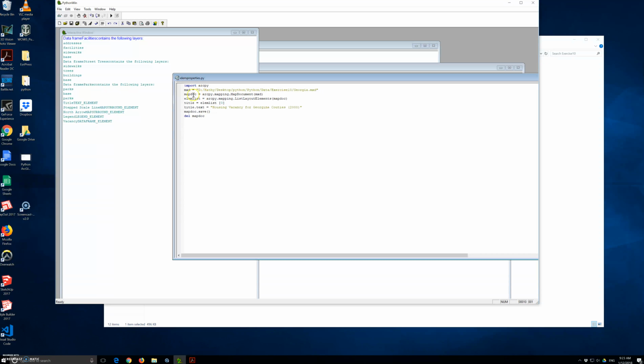So we import ArcPy, and we put the MXD, put the path name, map document, that arcpy.mapping.MapDocument. So element list arcpy.mapping.ListLayoutElements map document, and we have the title element list 0. So title text, we will do the whole thing. So I misspelled it. Counties, housing vacancy for Georgia, not Georgia, and counties 2000, map document, and we will save, delete map document, and we're going to, all right,